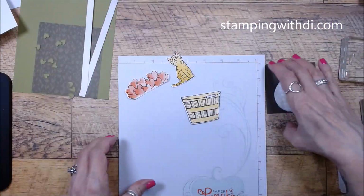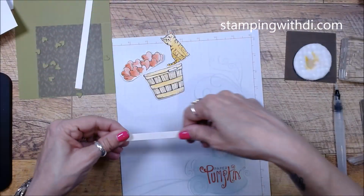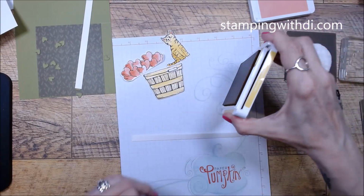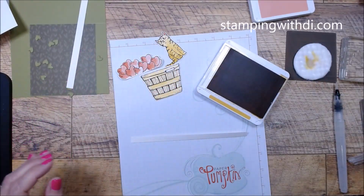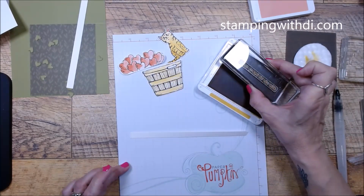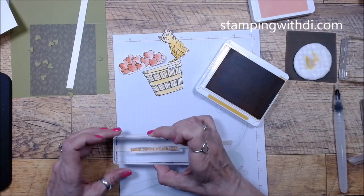Okay, so let's bring our card over. Now I'm also going to stamp, oh, and I closed that pad again. So I want to stamp my greeting on here with some crushed curry. And the greeting is this long one right here. It says, sending you some get well cheer. And that's just going to get stamped right on this,